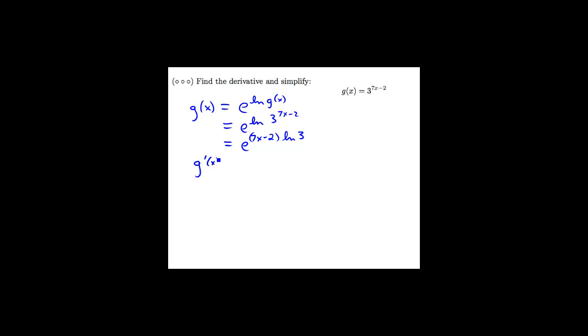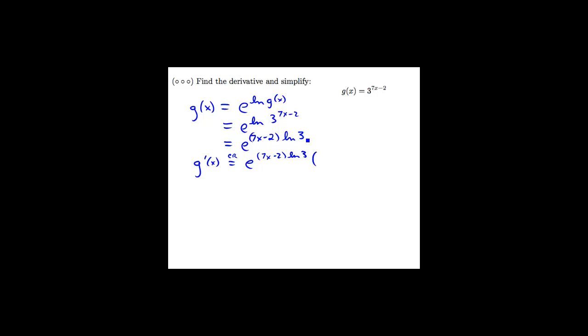for exponentials. The derivative of e to a function is e to the function times the derivative of the function. That's our chain rule. So the derivative of e to the 7x minus 2 natural log 3 contains e to the 7x minus 2 natural log 3, and then we multiply by the derivative of the exponent. The derivative of this exponent is now